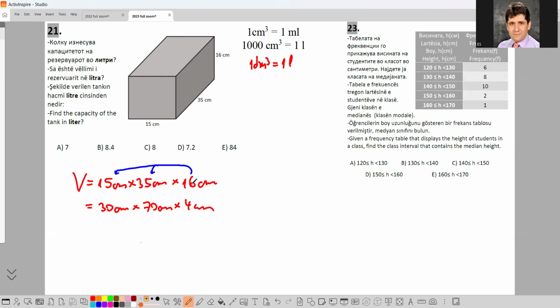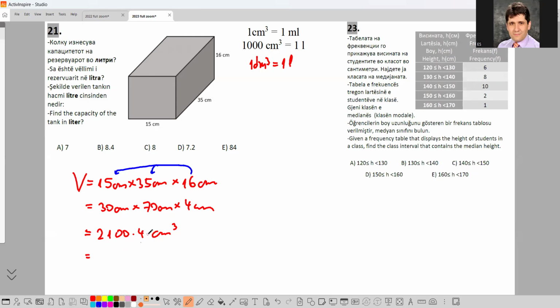So why multiply 15 times 35 when I can multiply by 2 and make 30, and by 2 make 70? I got those 2's from 16 because 16 is actually 2 times 2 times 2 times 2. So there are 4 2's inside. Otherwise, you could have multiplied it the old long way. Now, 3 times 7, that's 21, and 2 zeros, times 4, and centimeter times centimeter times centimeter, that is centimeters